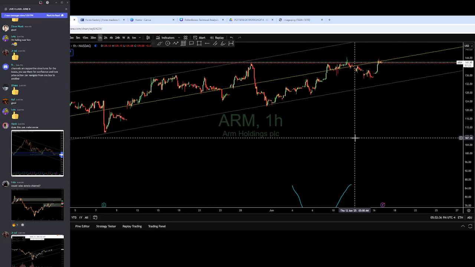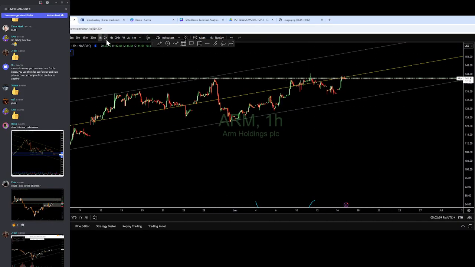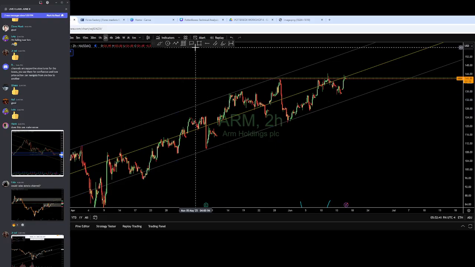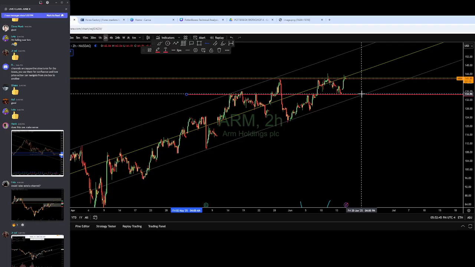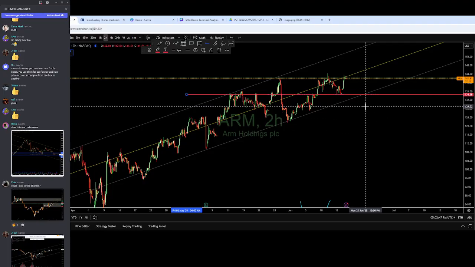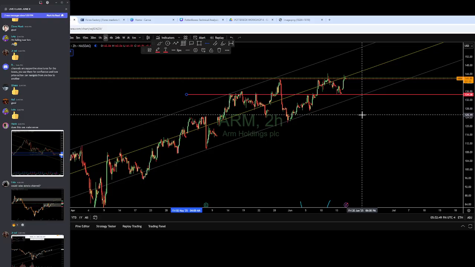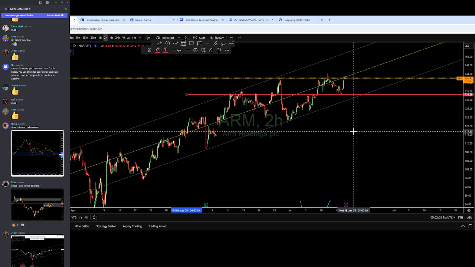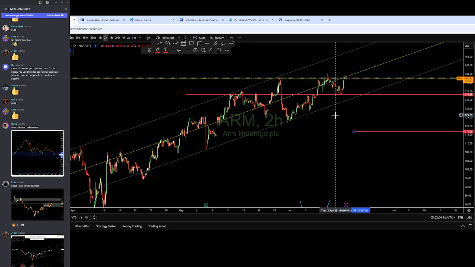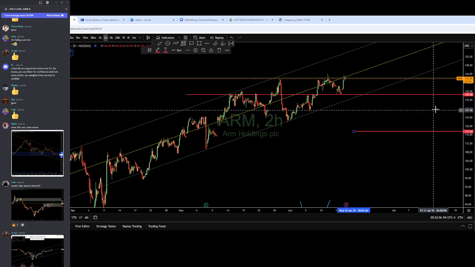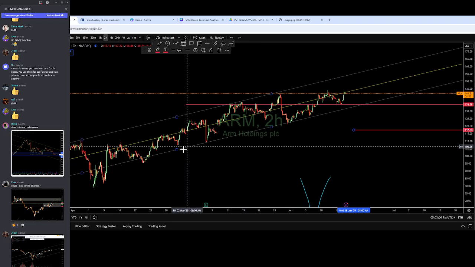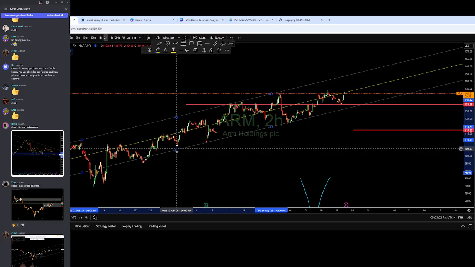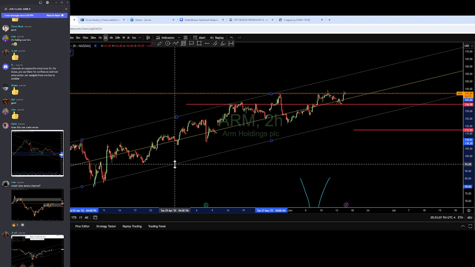But let me tell you this. If you were to break down and fall, say, under here, you have a gap to fill there. If you start breaking, I wouldn't be able to state, because again, I'm the one who made the chart, so I know what I've done, I would not be able to state that the uptrend is broken, right? It is a deviation or a fractal of the current channel. I would expand it.